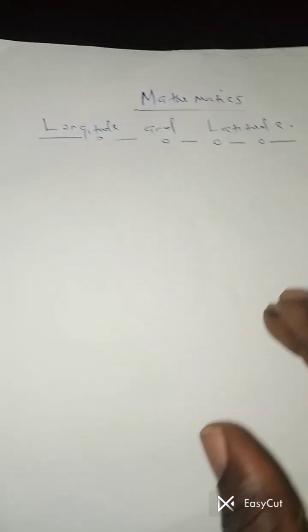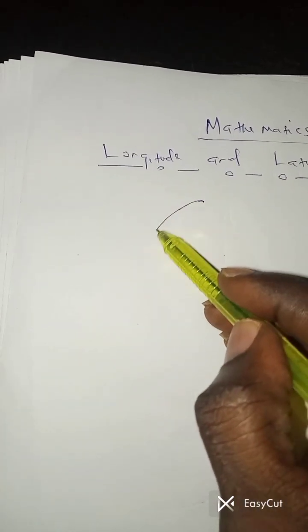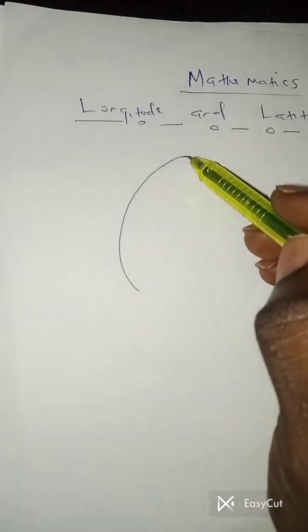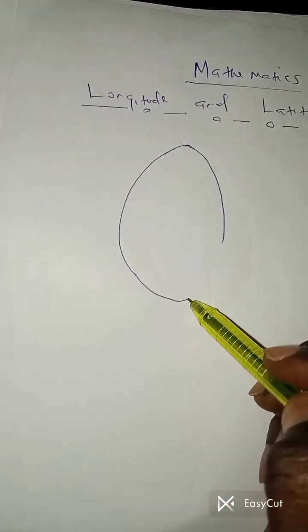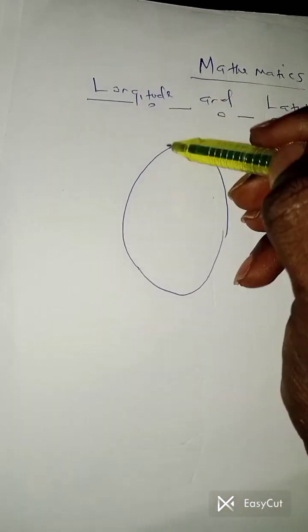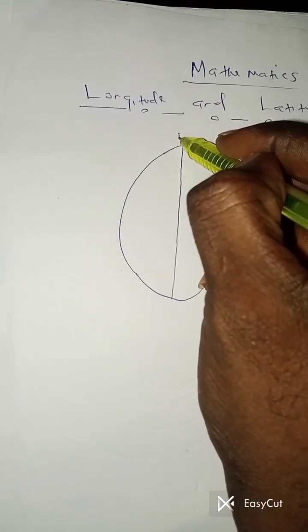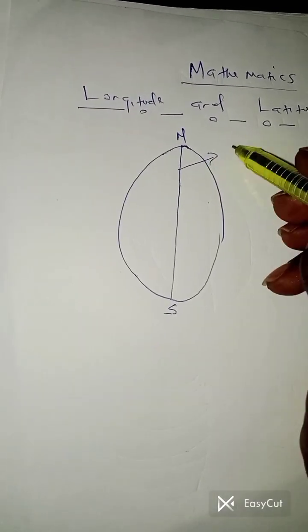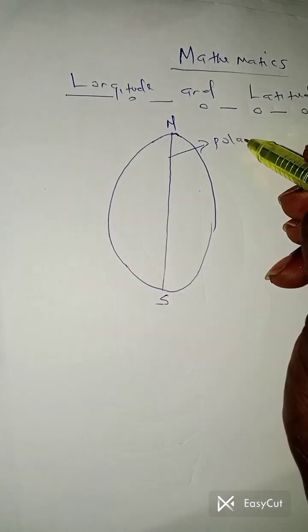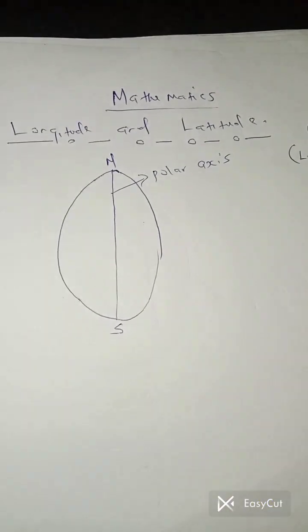But before going into details on that, we say that there is a line that runs from the north to the south. This straight line is known as the polar axis. It always runs from north to south. This line is known as what? The polar axis. Also, there is a line that runs